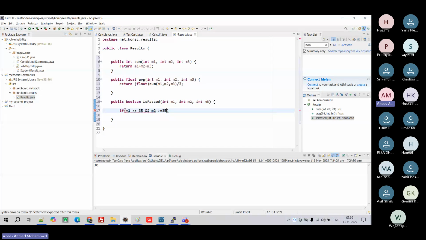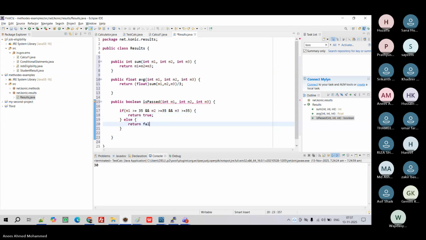What do I need to do? Return true. Else, return false. Right? Now, next line, next method, what I want is,